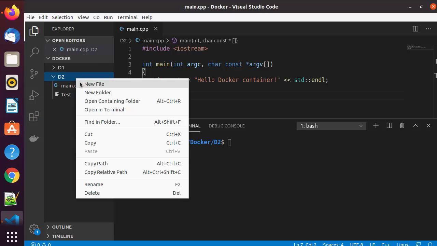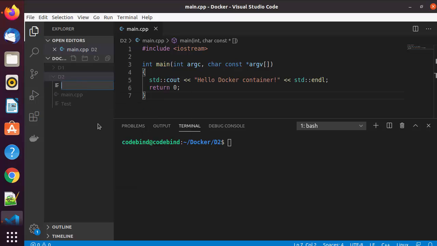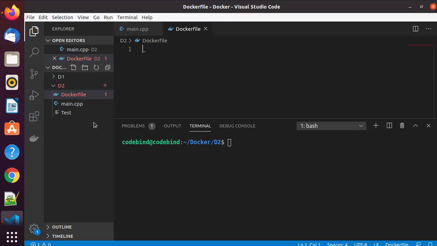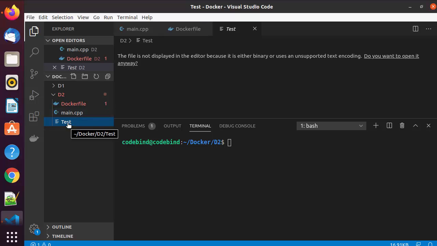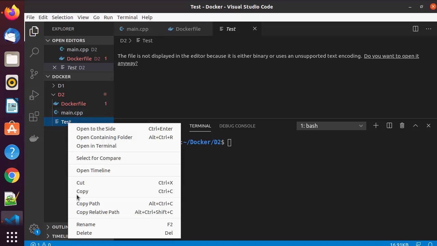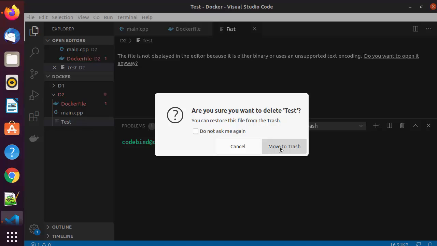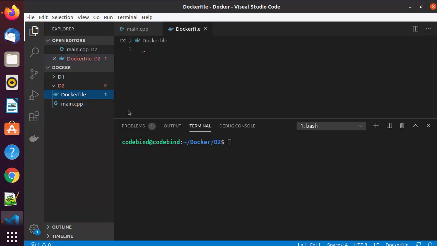So I'm going to just right click and create this Dockerfile here, and then press enter, and I can remove this test binary file because I don't need it for my Docker container. Now if you don't know which base image you want to use,